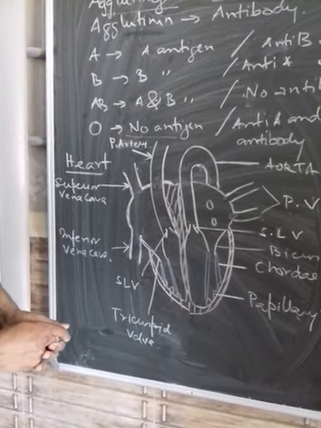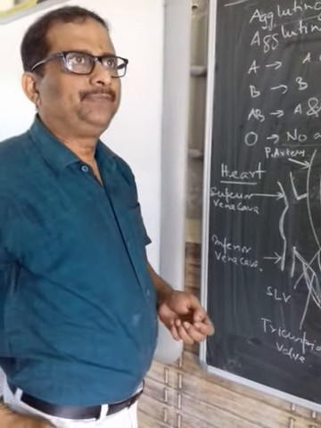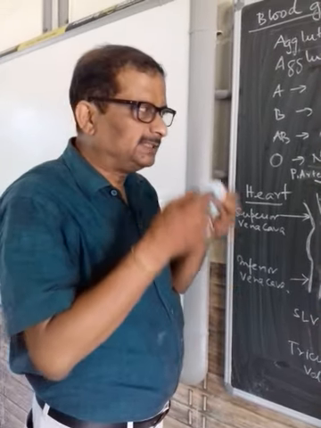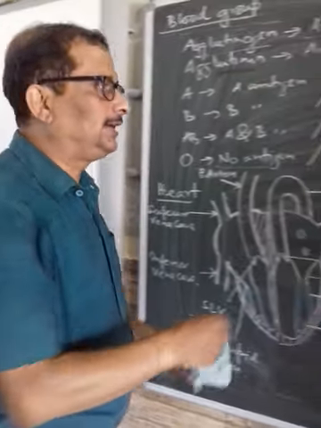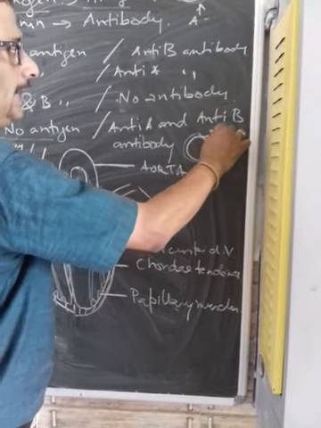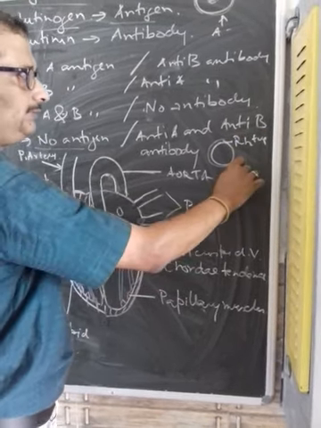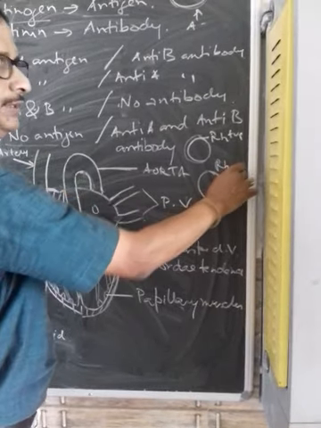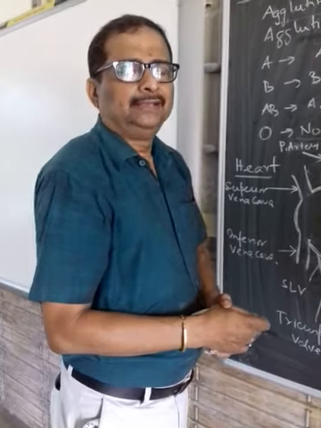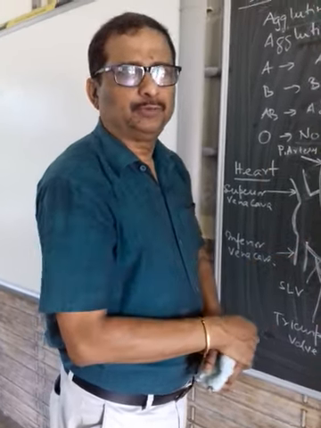Now there is another blood group called the Rh factor. In most people, we see that the Rh factor, this particular glycoprotein, is found on the RBC. So those who possess this glycoprotein on the RBC, we call them Rh positive. And if they don't possess that particular antigen, we call it Rh negative. So Rh positive can always give blood to Rh positive. They usually will not give to Rh negative, but Rh negative can give to Rh positive.